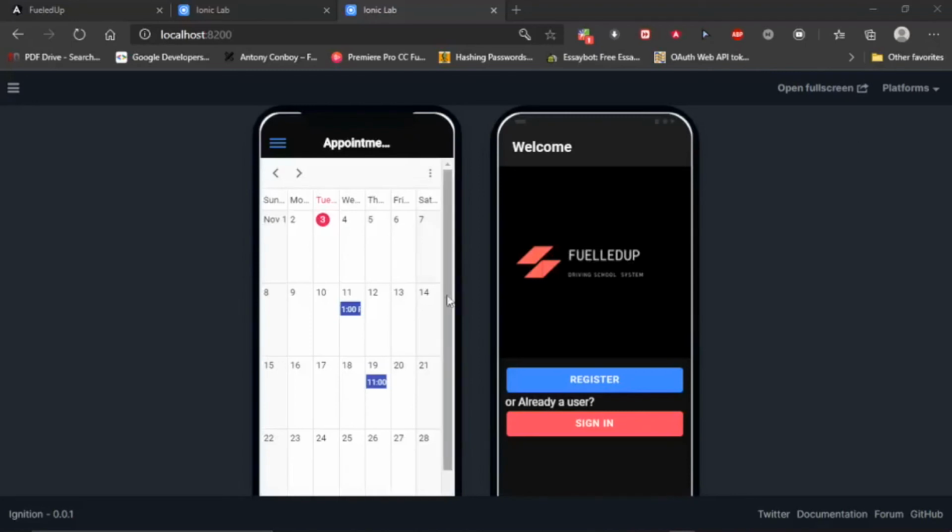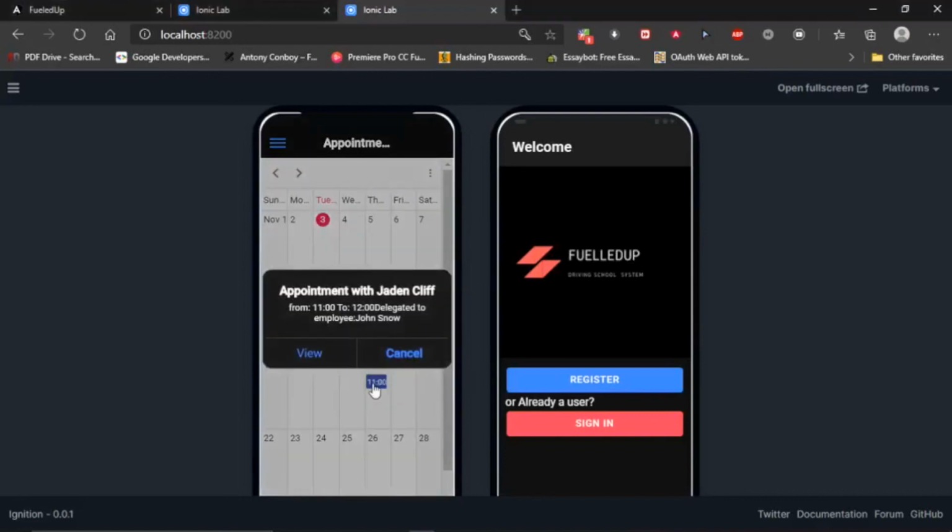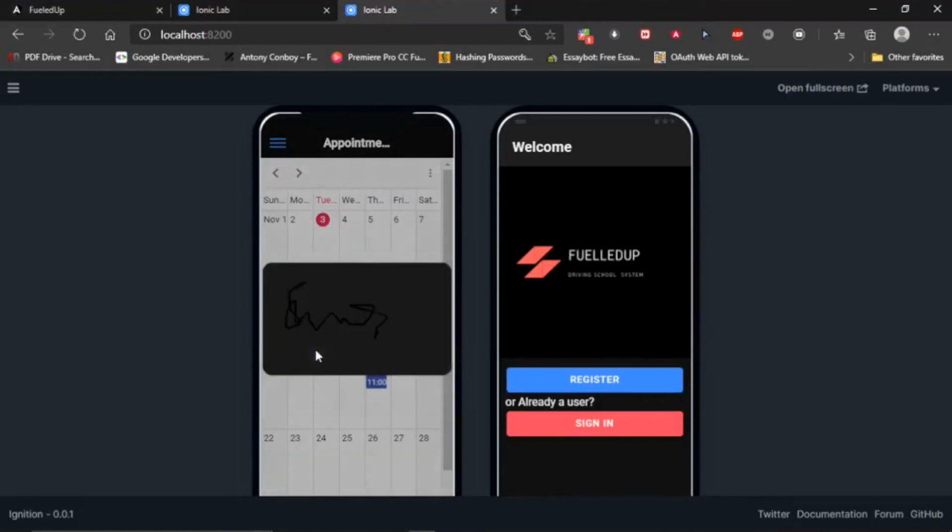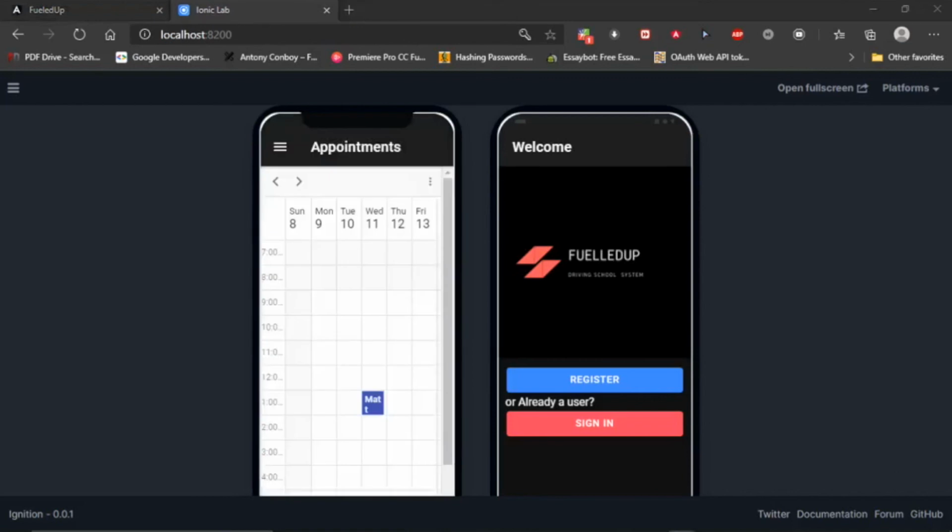After signing the appointment, the employee can verify by coming here and just viewing, and then this is the signature that was given by the client. This just confirms that the lesson did happen. And then now we can go back to the